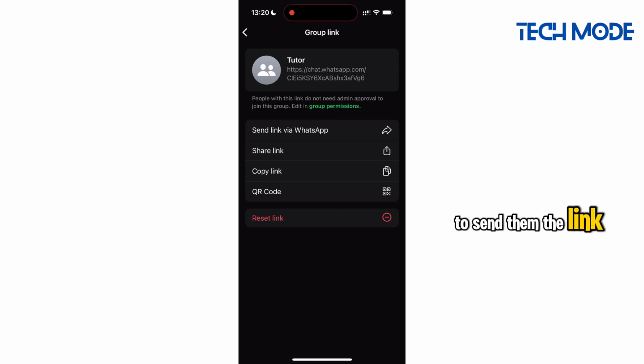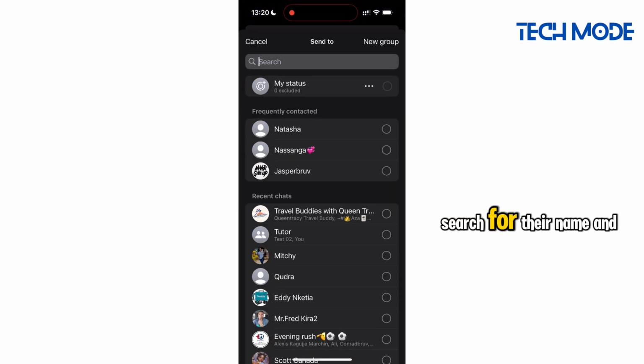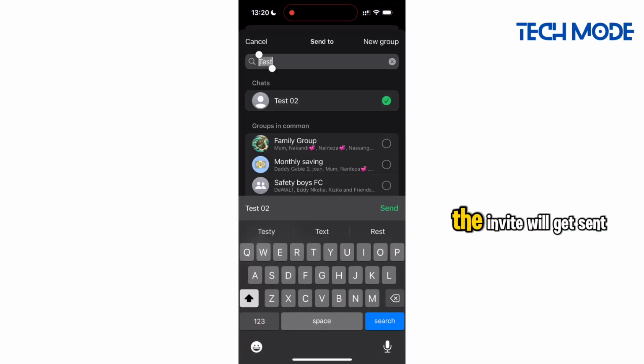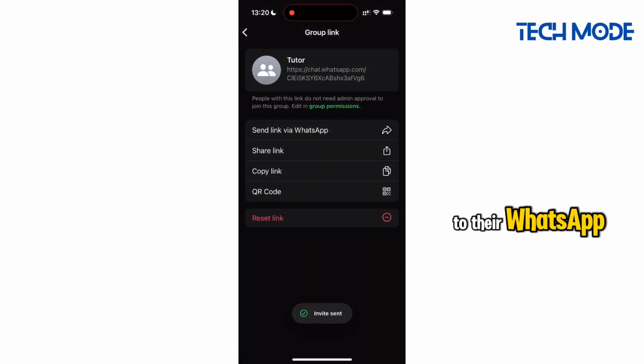To send them the link as a WhatsApp message, tap on this very first option. Search for their name and tap on send. The invite will get sent to their WhatsApp. Now when they open, it directly takes them to the group, and by that they also became members of the